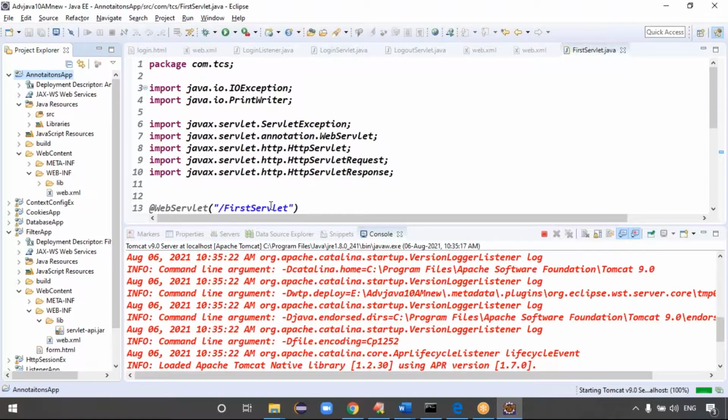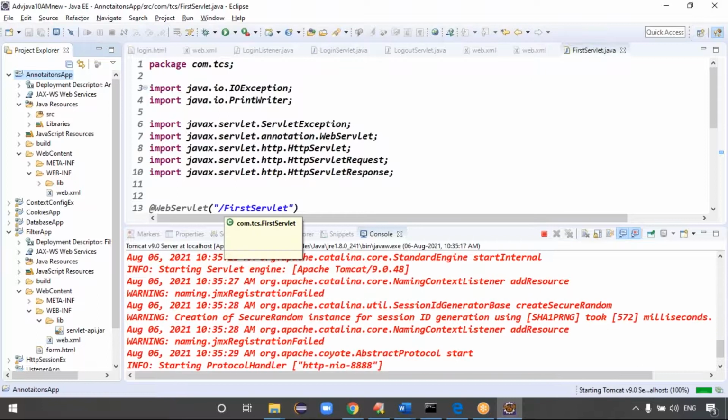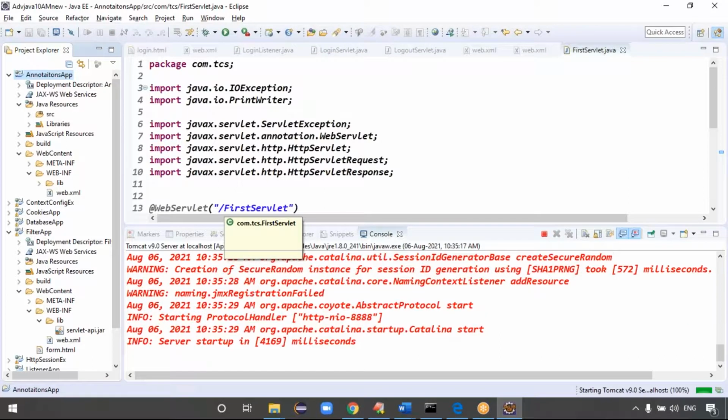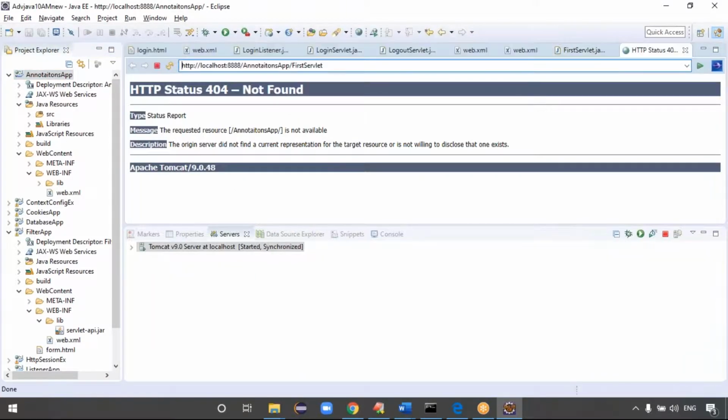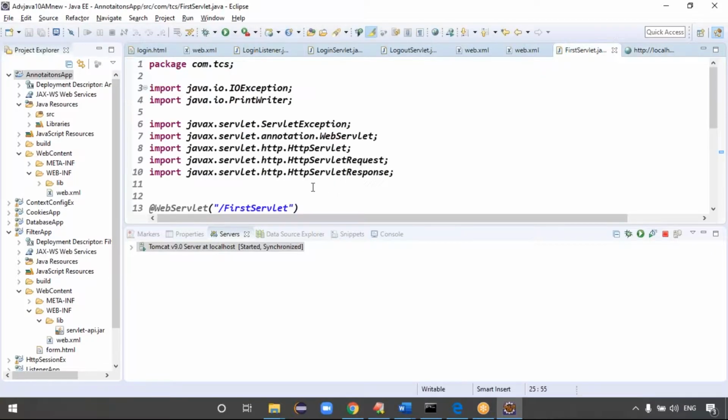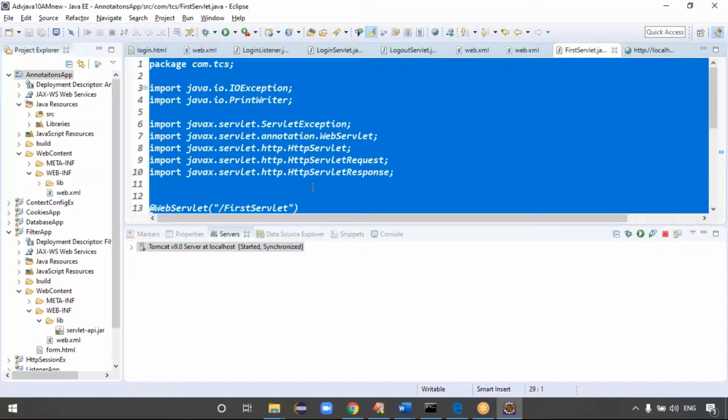The URL pattern is FirstServlet, right? Then you can send a request to FirstServlet. Click on Enter. Did we get the output or not? Yes. It means the annotation is working fine, right?